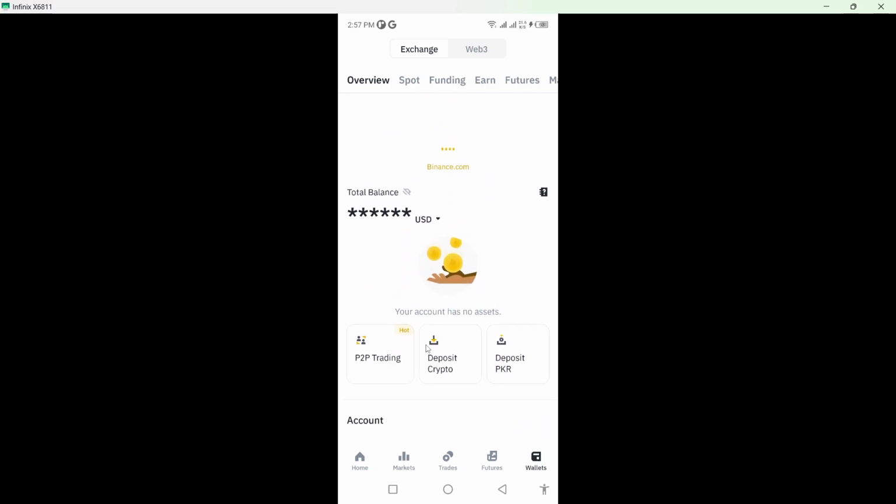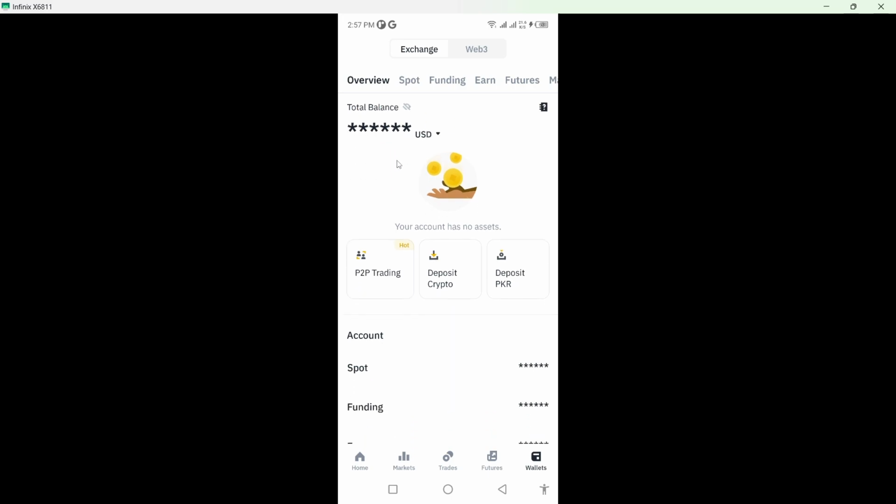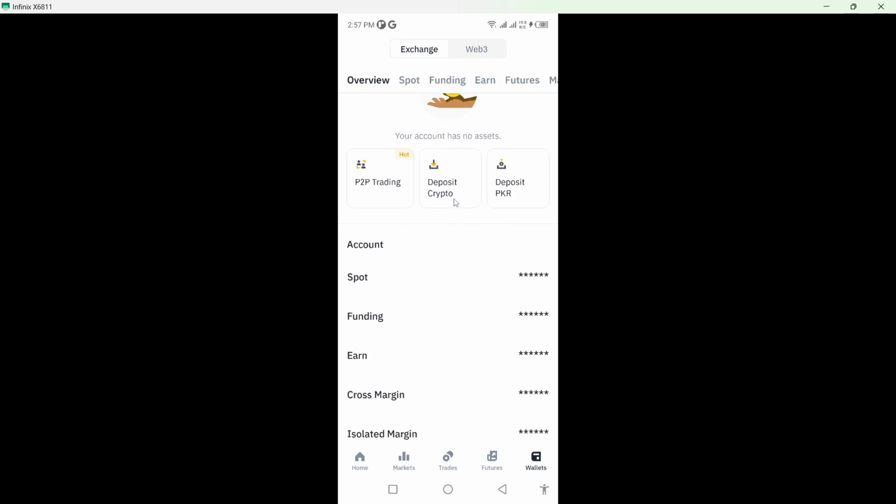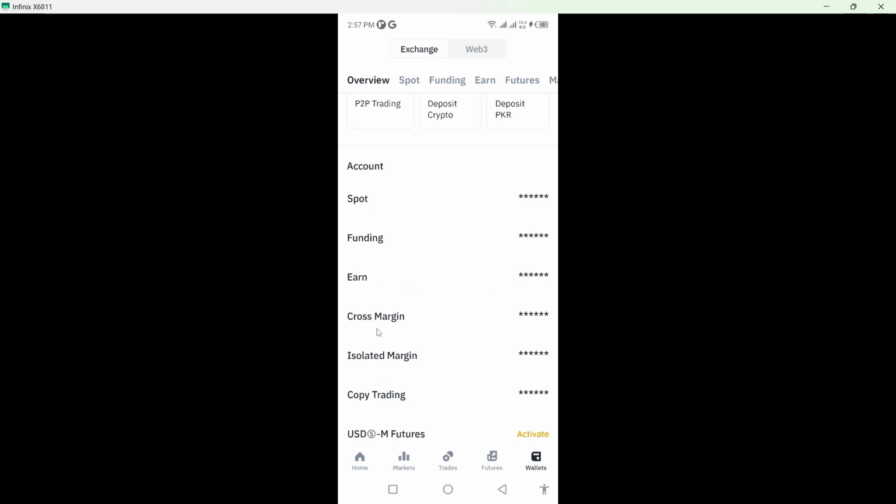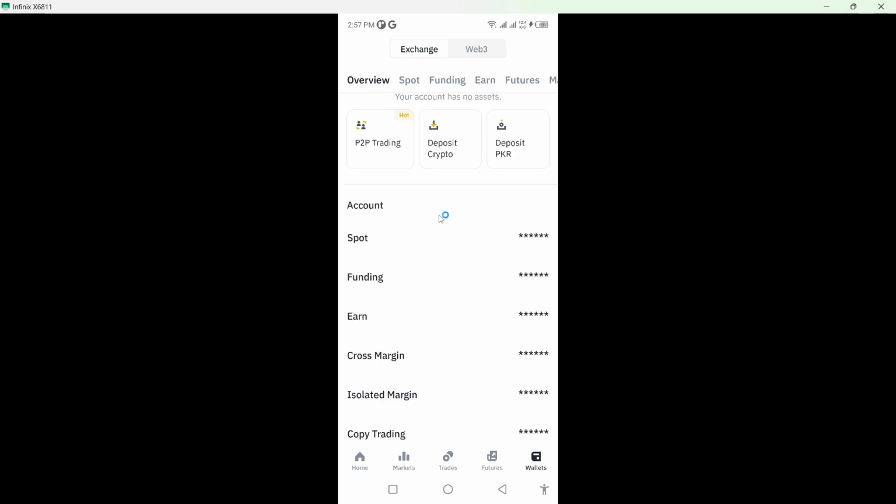Once you log in, you simply need to click on wallets, and here you are in your wallet, and here you can see your Binance total balance. You can deposit crypto, deposit your currency. Here you can see amount, your earn, your gross margin, your complete detail,